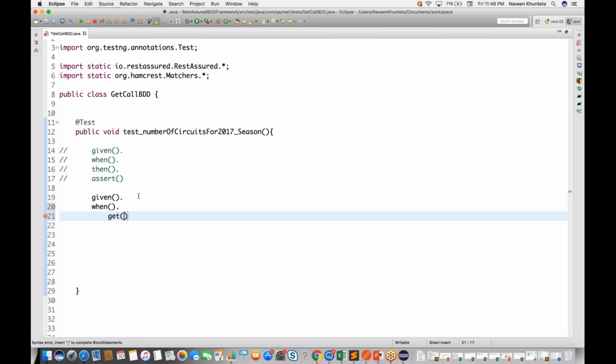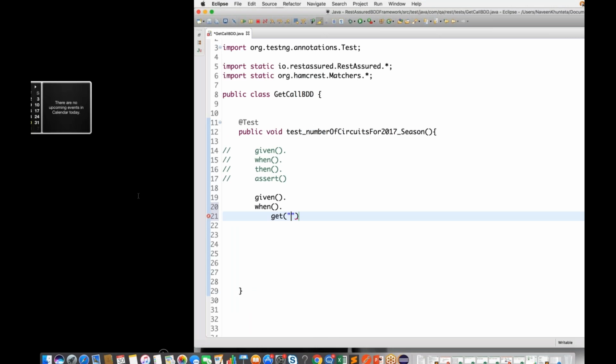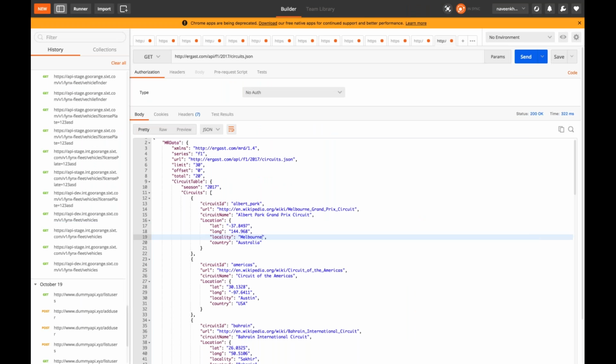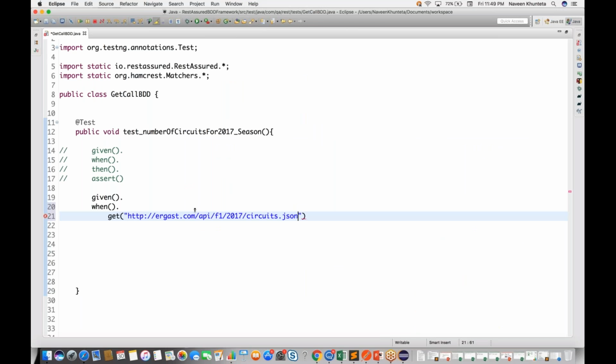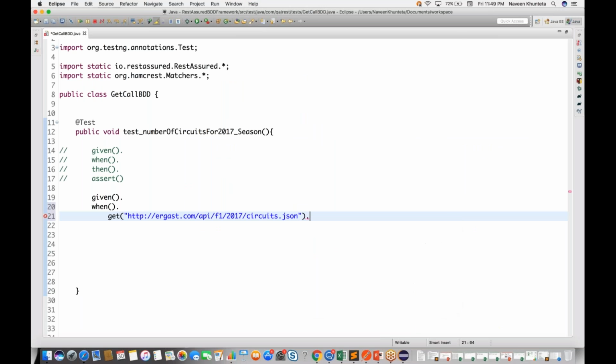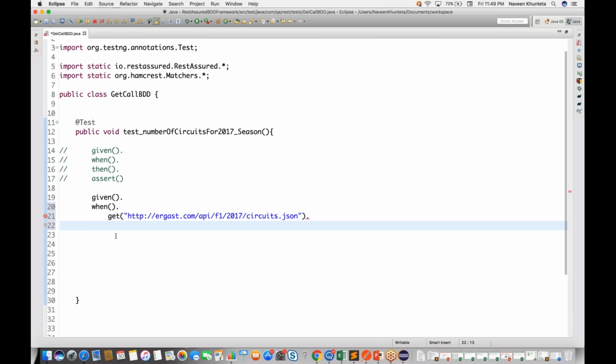What is the get API URL? So we have to pass the URL, and we know that this is the URL. Given when get, so this particular get method will call this particular API, and in the next line what I'm going to write,